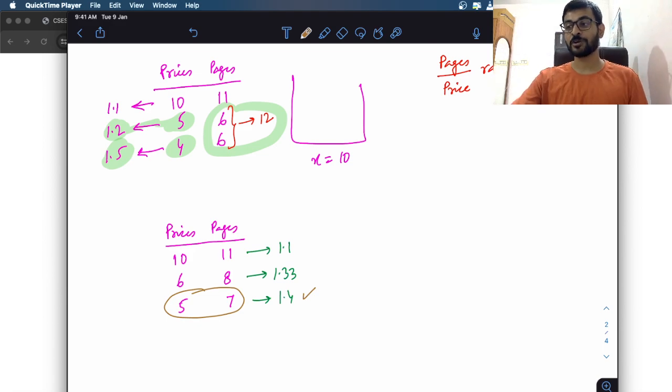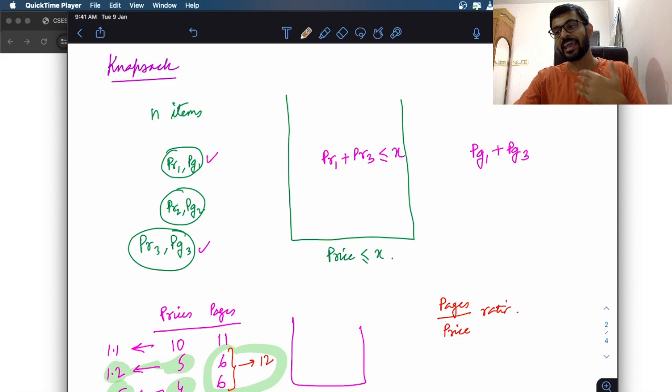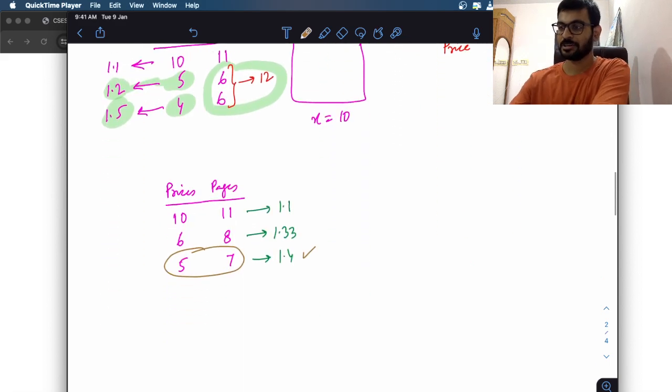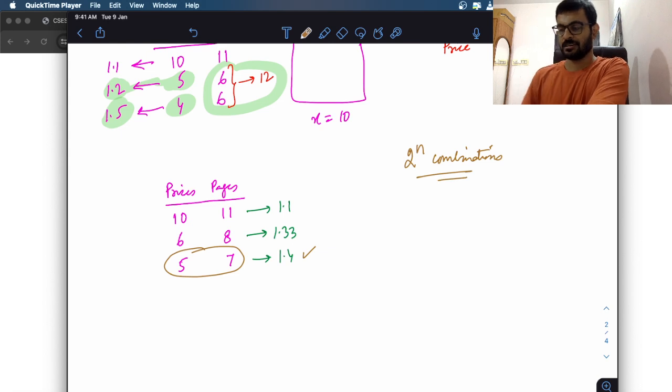What algorithm will work? One algorithm that will work is to take all possible combinations and see which combination works. So you can try out all 2 to the power n combinations. If there are n items, you can try 2 to the power n combinations. This is exponential in the number of items. N is 1000 over here. So if you try 2 to the power n combinations,